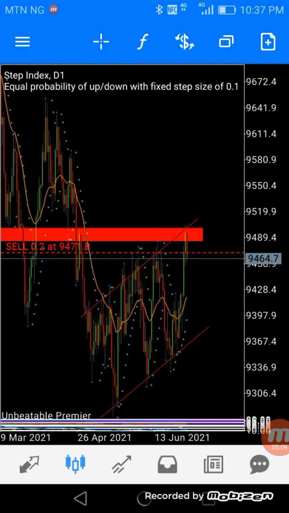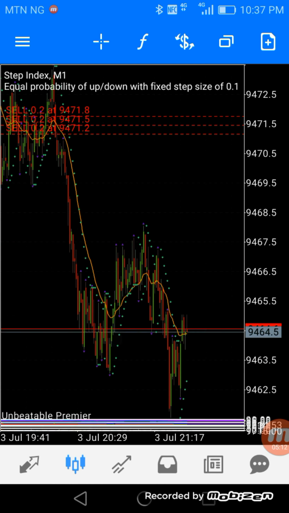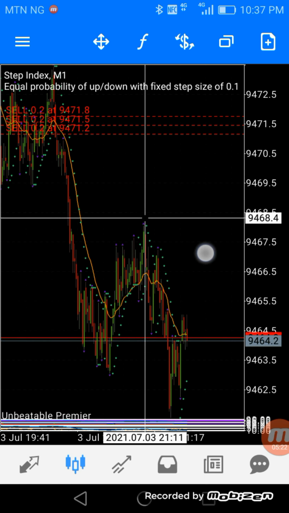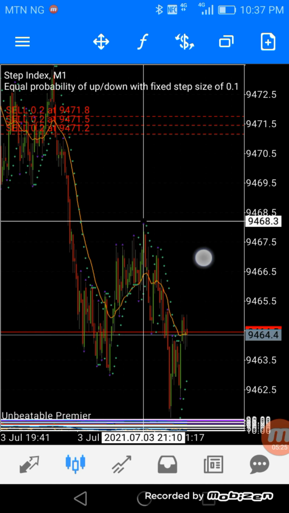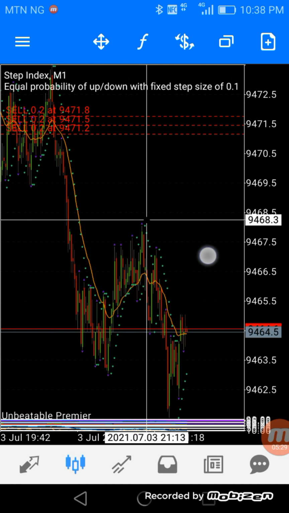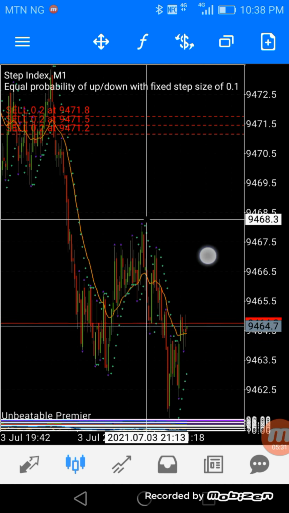So what I will do now is go to the lower time frame and lock up the profits that we have already, and I'll leave the trade running and say goodbye for today. Whatever happens, there's no way we're going to be in loss. So this is M1. I'm going to put my stop loss somewhere here, above this ranging area,